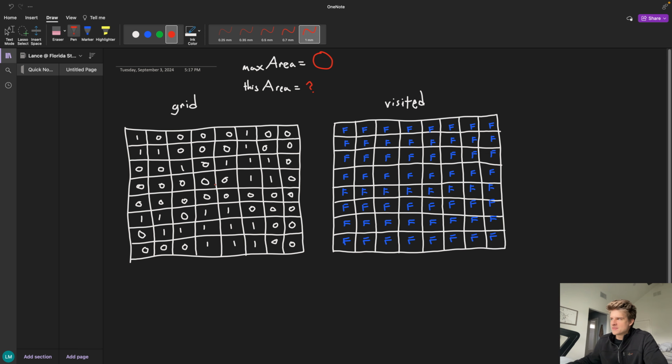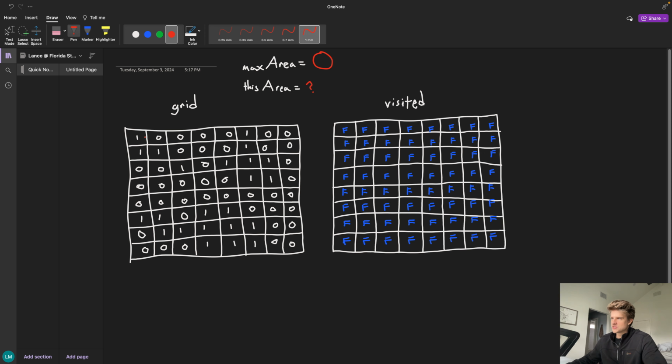It's going to be the same size as the input grid. It's going to have booleans in each position that just indicate whether or not a cell has already been visited or traversed, whether or not we've already searched that space, because we don't want to do any work twice, and we want to be able to keep track of what cells we've already looked at